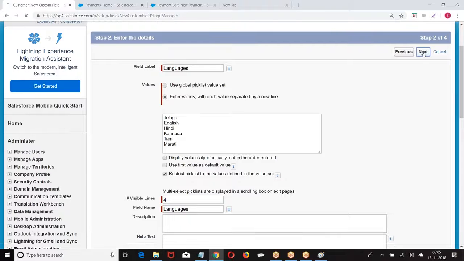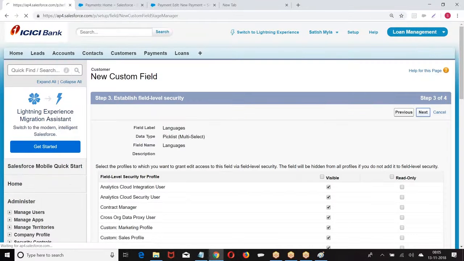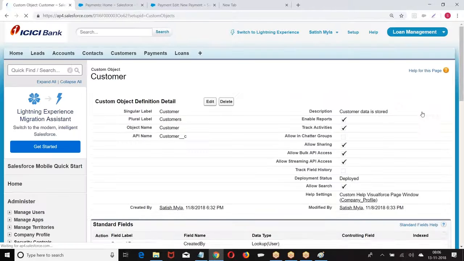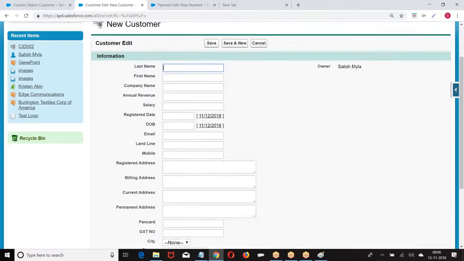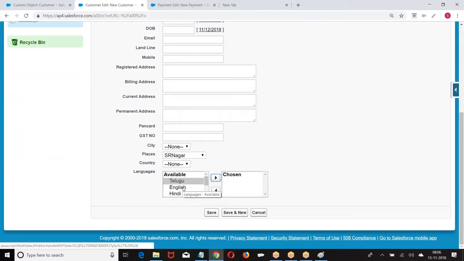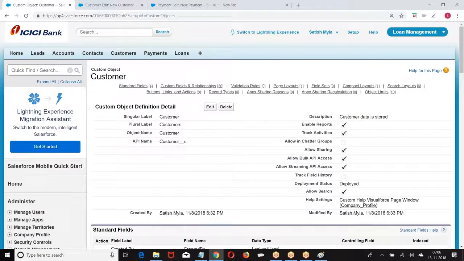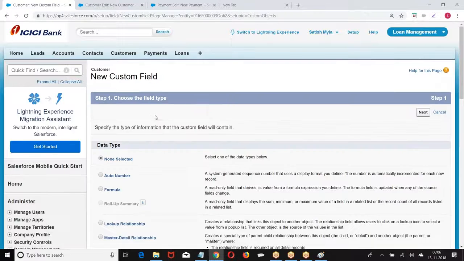Now I gave a couple of options. We are able to select more than one option. Right, boss? When you are able to select more than one option, it is called multi-select. So we have a pick list and we have a multi-select pick list. I hope you are good with this. People are good? Okay. Now, I will also create one more concept here. I hope everybody followed these concepts.